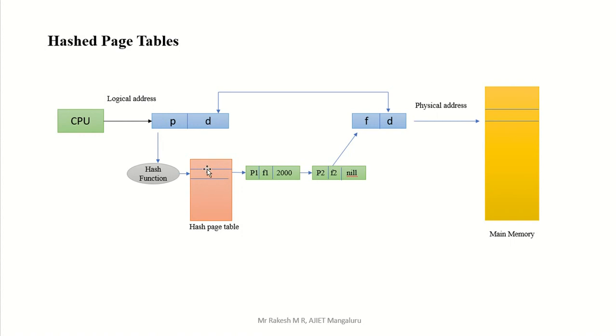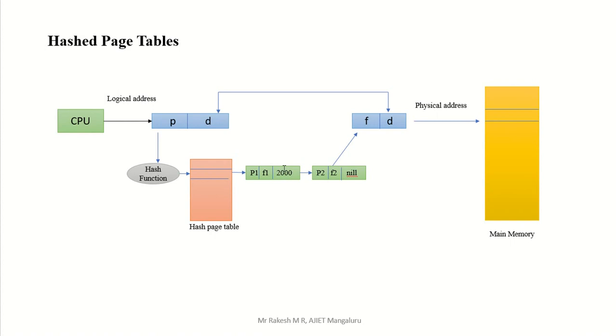another format. That format is this one. Actually inside this I am getting one format. That format is P1, that means the page number, F1, that means the frame number, and here one address. So P1 we have the page number, we have F1, that is the corresponding frame number, then the address is there. Is that F1 your frame number? No, it is not the frame number, because you can see here they gave another address, 2000. The meaning of this is we still have to go further. That means this is not your answer, we have to go to 2000 for our answer.